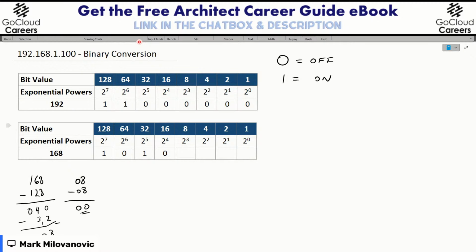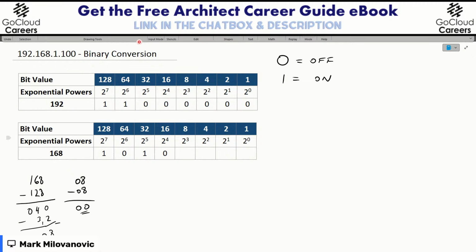So that is why we start at looking at what is the largest value coin or just value that we can apply as we try to figure out the actual conversion. So in our case, we started off with 168. We said 128 is the first largest coin that we can use. And we turned this bit on by designating it with a 1, because this is what it says here. 1 equals on. We want to not ignore that. And we moved further down. Eventually, we got to 8.